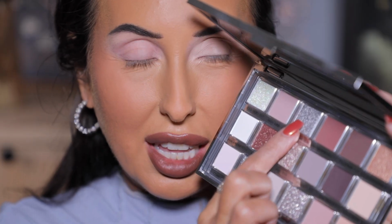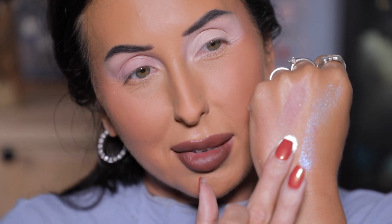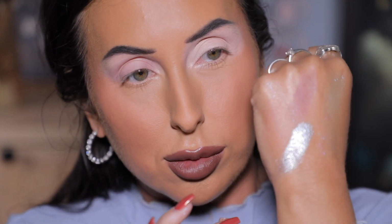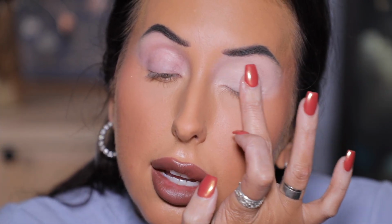Next we'll do the shade Platinum. This is described as a silver metallic. It looks very metallic. Let's put it right here kind of under that last matte shade. That's very pretty. Like, that looks really smooth, really beautiful. I'm into it. Okay, I'm into it. Let's try it on the eyes. We do have a nice large mirror in this Huda palette. I can appreciate that. I've got my eye